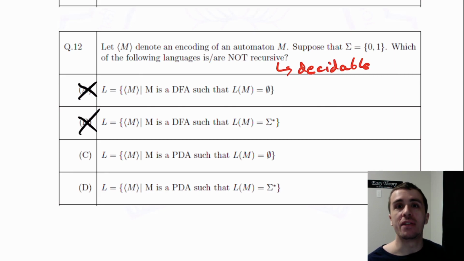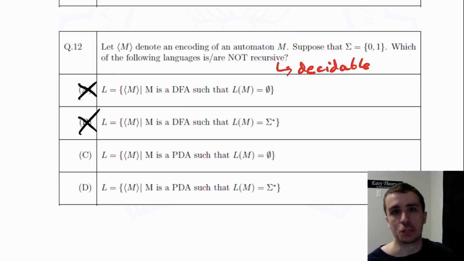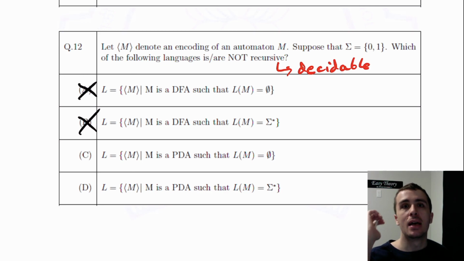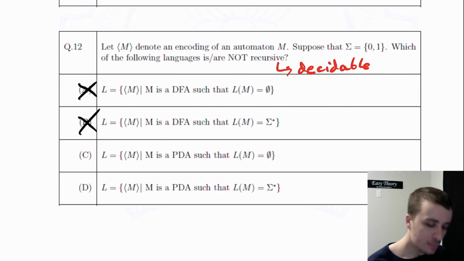And there's a recursive definition for when a variable is productive. Either it makes a string directly, or it has a right-hand side where every variable on the right-hand side is productive. So we just keep adding these variables if we discover new ones to be productive. And if we ever encounter that the start variable is productive, then it can make something. If we can never make the start variable productive, then the language of the grammar is empty, which is equivalent to asking whether the PDA's language is empty. So this is decidable. So that means that answer D is not decidable.